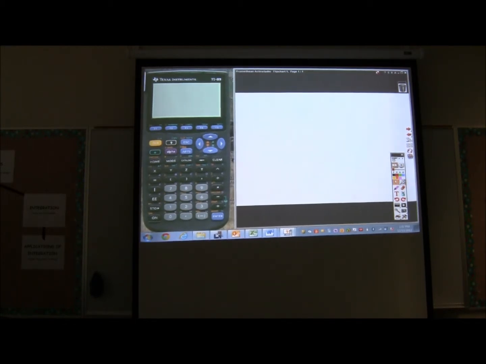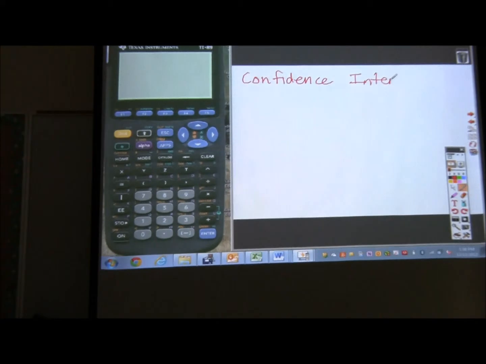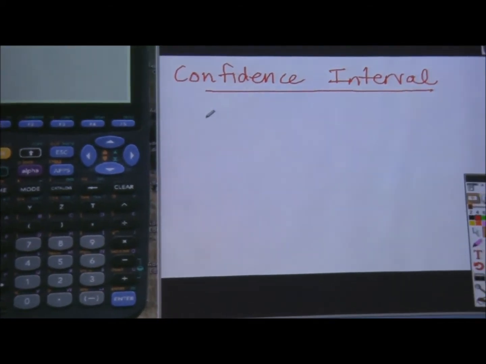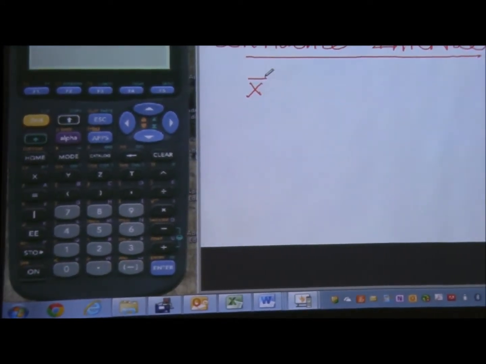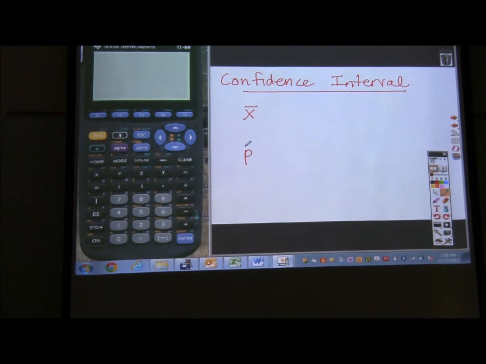Review from section 7.1 because there are a couple things that I need to remind both periods of. So we're going to review first what the critical values are when you're looking at confidence intervals. So when you take a confidence interval, you always have your point estimate. In most cases, it's the mean. But as we learned before, it can also be the proportion. And then you're going to plus and minus it by some critical value